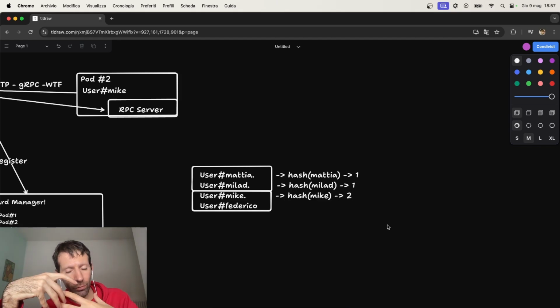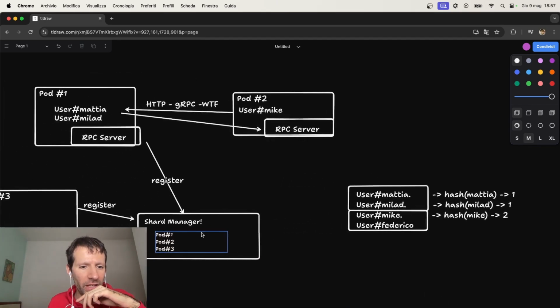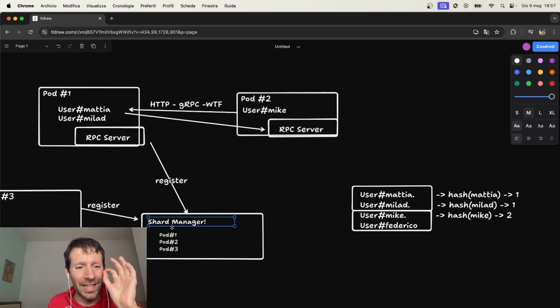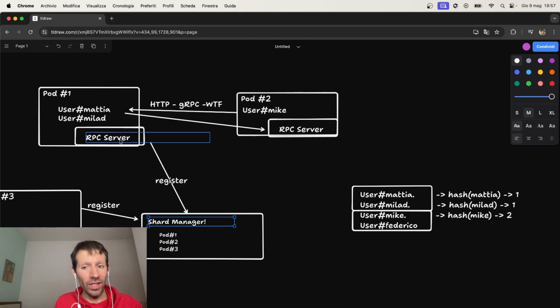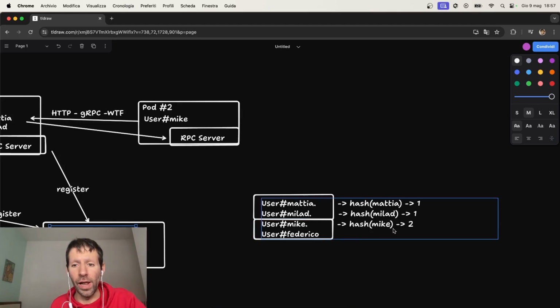But in our domain, shards are just used so that the shard manager, instead of knowing exactly which entities each pod is dealing with, knows just the list of shard IDs, which is a fixed number you can configure in your system,